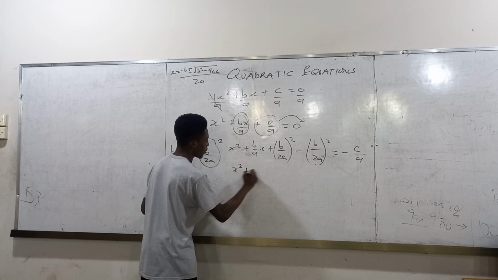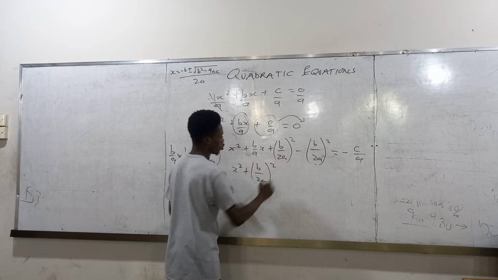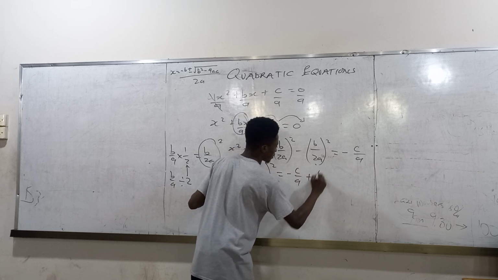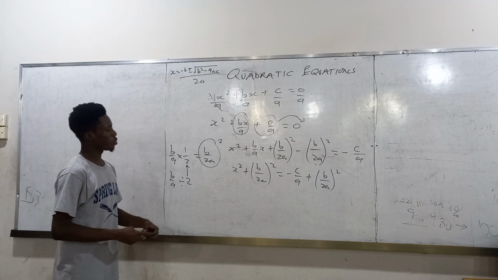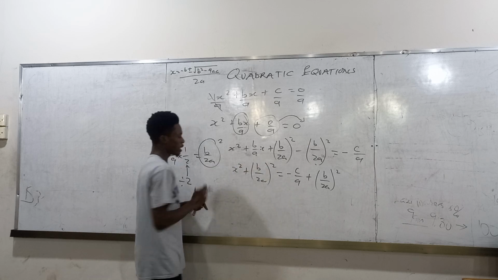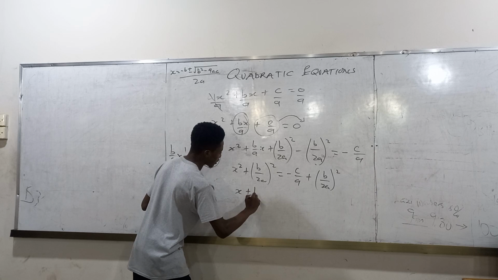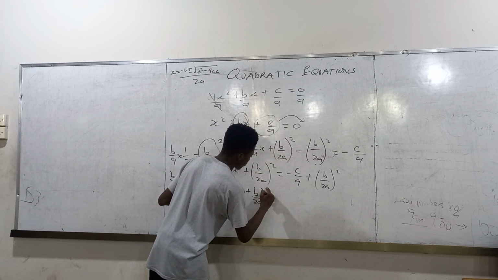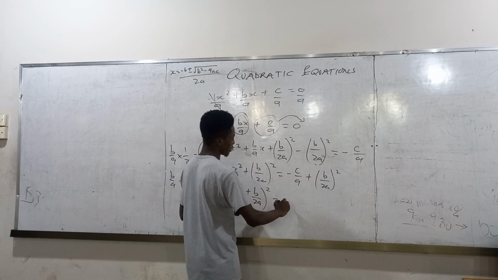So x squared plus b over 2a, because we've already split it into 2, being equal to minus c over a plus b over 2a squared. So this is where we get to. Then, since here is squared and here is squared, we can factorize out the squared. So we get x plus b over 2a all squared being equal to,